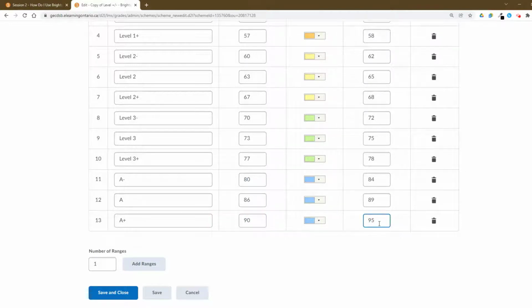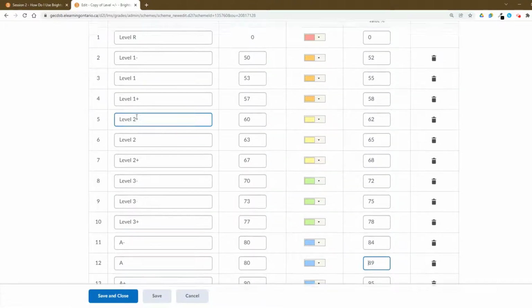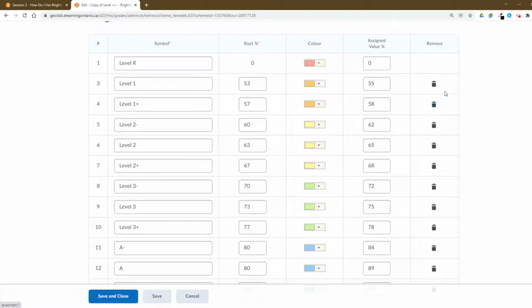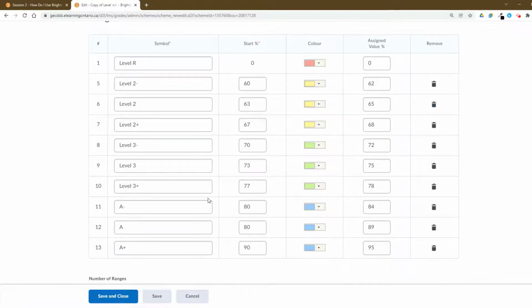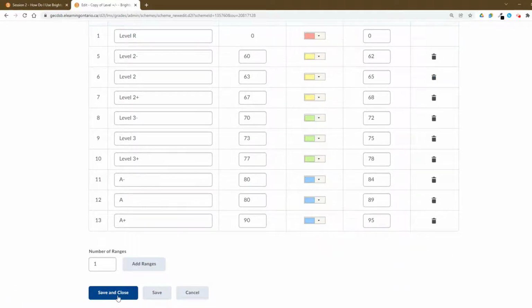And then they're going to get a 95 if they get assigned an A plus. If they get an A, you could say that's from 80, and they'll get an 89 and so on, right? So you can change all of these. You can also remove sections that you don't want very easily. And then once you've saved and closed that, that scheme will be available for you to apply to any of your grade items